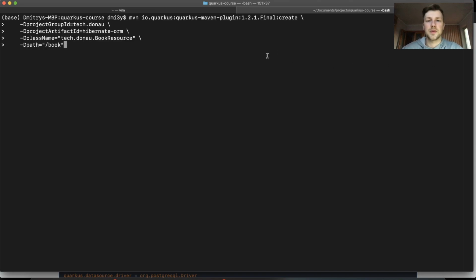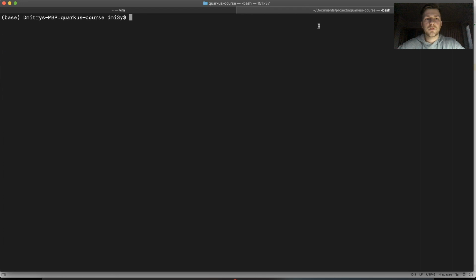I have here the default Quarkus backend plugin: create, tag now, Hibernate ORM, and then the book resource, tag now. Nothing more, nothing less, and we'll have a path with book. So we'll create a resource that will have a /book mapping. Let's create it. First we need to add extensions to our project, which can be done. Let's go to the directory Hibernate ORM memory, and call Quarkus